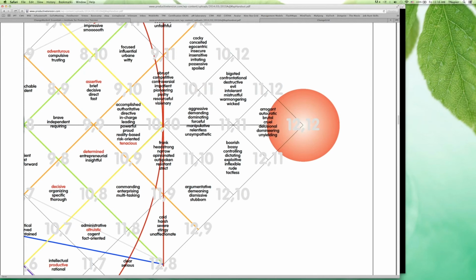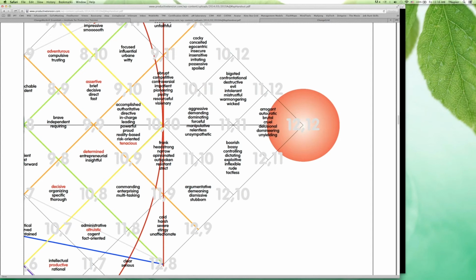Remember, the further out grid we plot, the more driven the person becomes. The more driven they become to accomplish whatever that task may be, the less and less concern they place upon the individuals around them. And so as you move further and further out grid, and you get to where we're looking at right here, leaning there, we've got something here we really want to be on the lookout for.